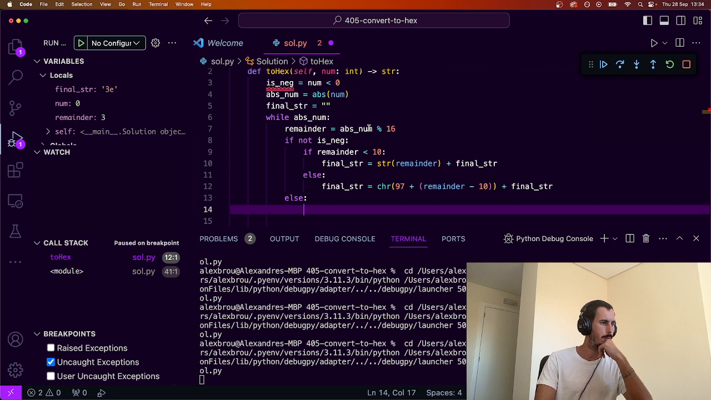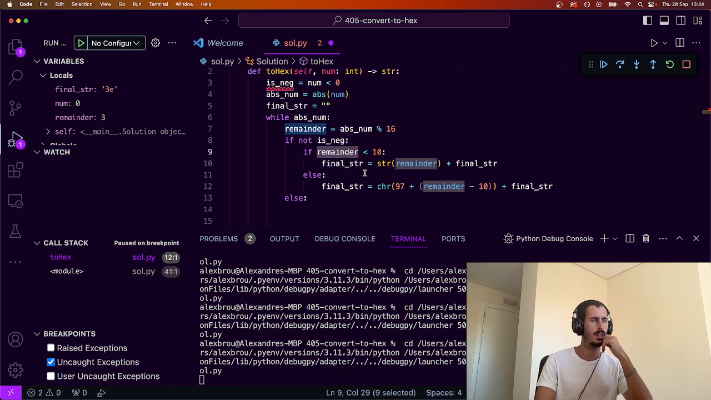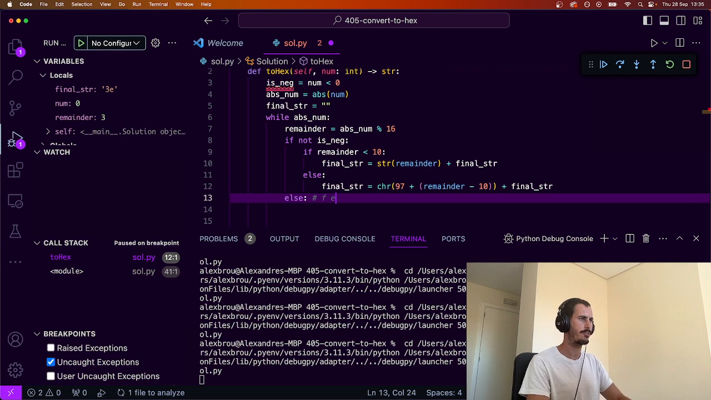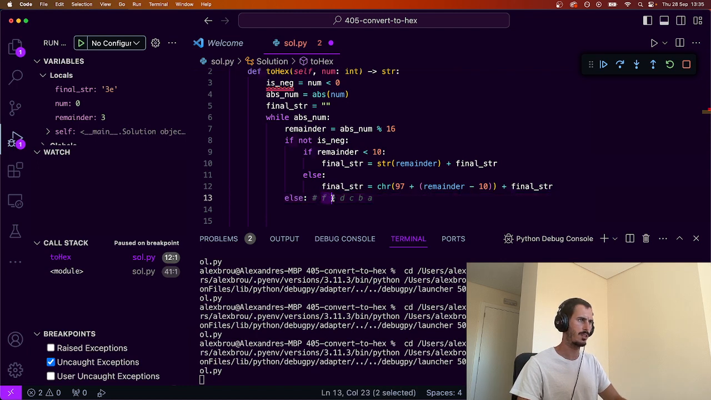So let's look at the remainder situation. At this moment, we don't want our remainder to be bigger than 10, because we're counting numbers from 0 to 9. Now we were counting backwards from F to A. So F, E, D, C, B, A. A, B, C, D, E, F. This is 1, 2, 3, 4, 5, 6. So, if the remainder is